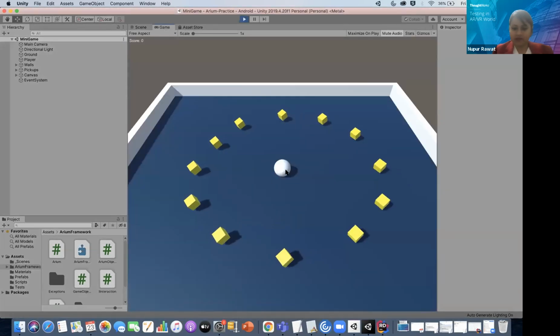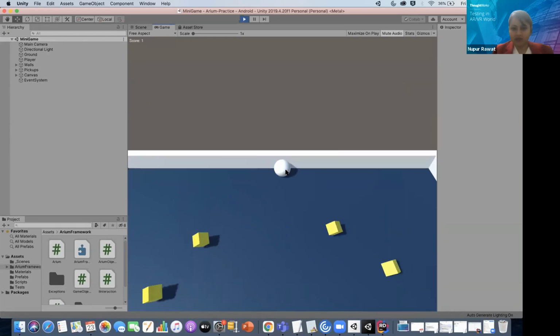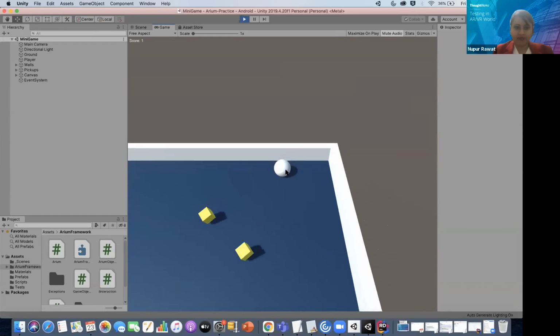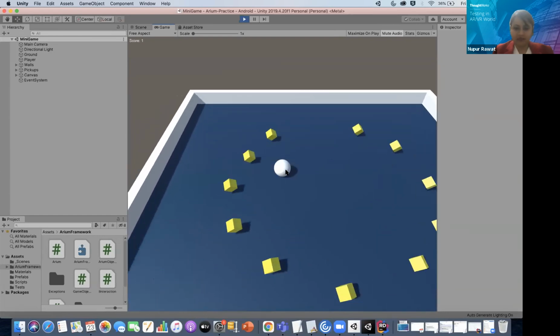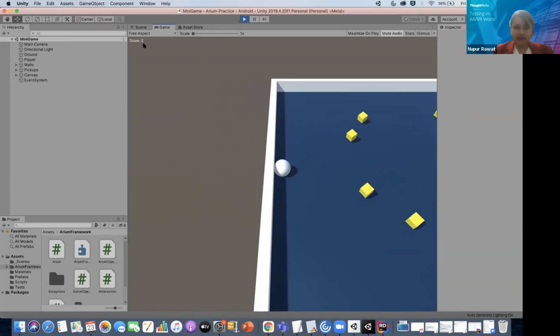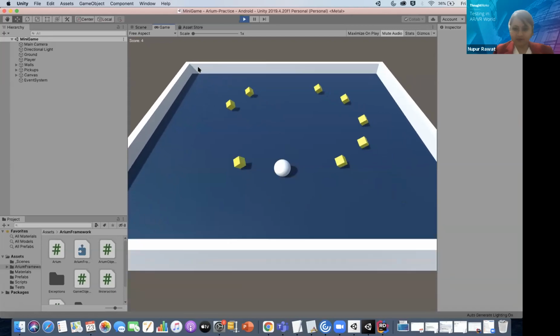This white ball is the player object, and it collects these yellow balls, which we call the pickups. As it collects the yellow balls, the score here increases. I'm moving the ball using my cursor.